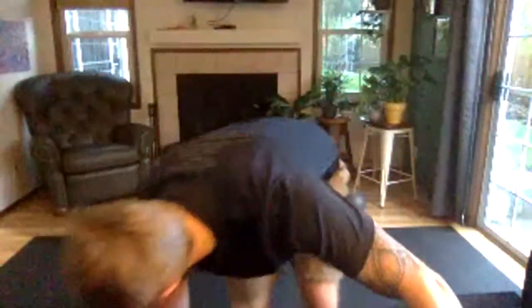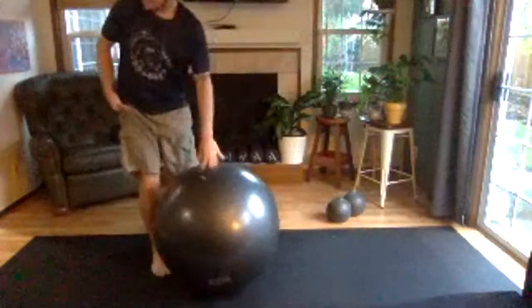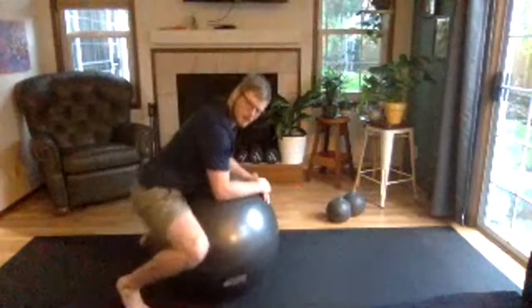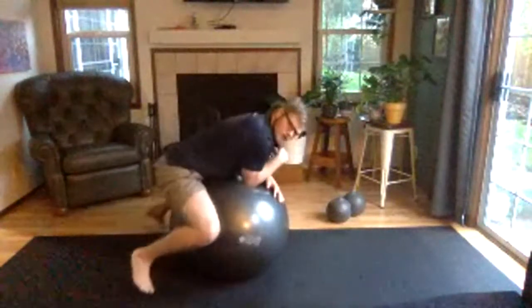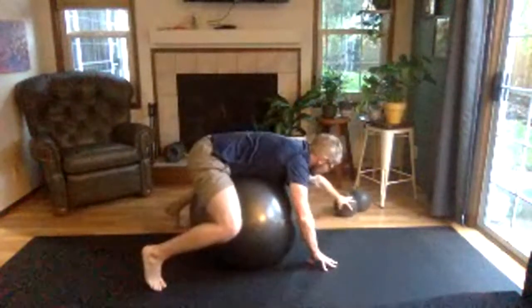All right, first move, frog rock. So you start standing behind the ball, go ahead and squat into the ball, pubic bone in contact. You're going to be on all 10 of your toes. Toes are pointed forward. You're going to relax the rest of your body over the ball, chin and nose touching